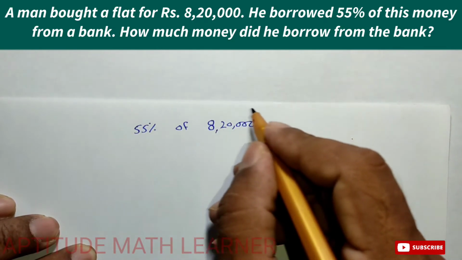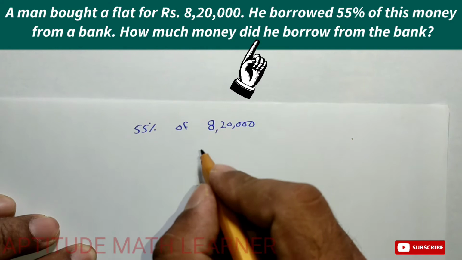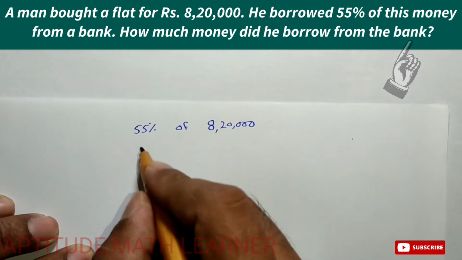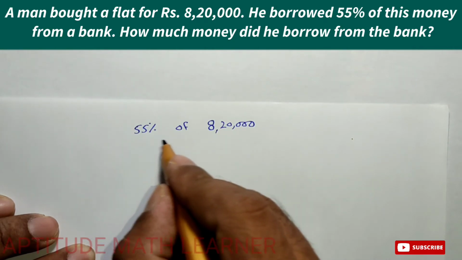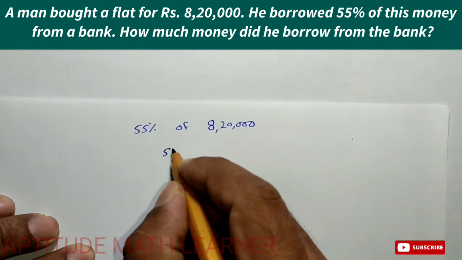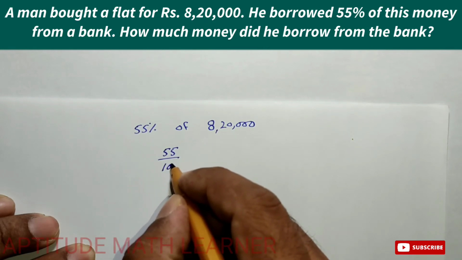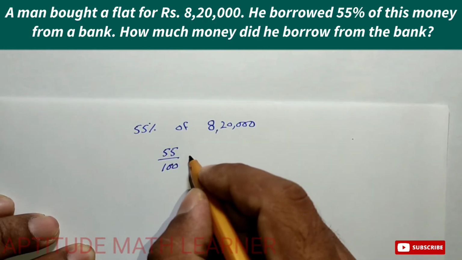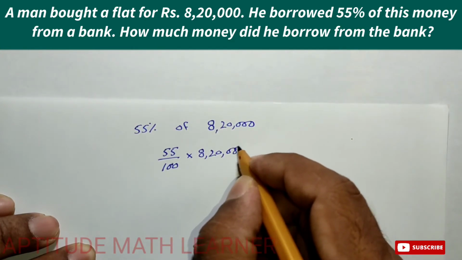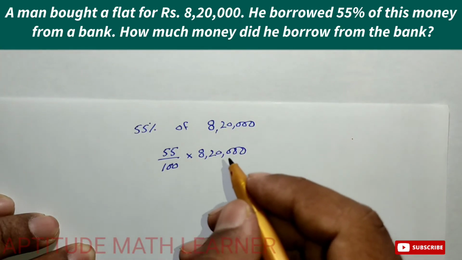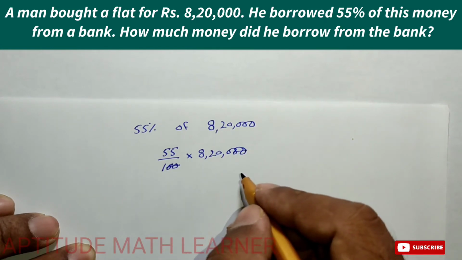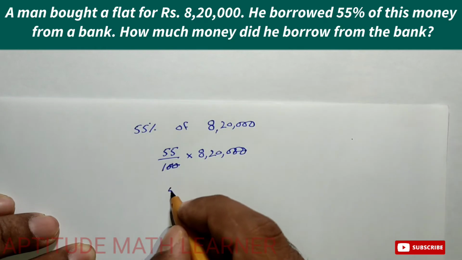8,20,000. And from this total amount, how much percent of this amount is the amount borrowed from the bank? That is 55%. So we have to find out the 55% of this total amount. So for this, we take 55% and write it like this: 55% of the total amount, 8,20,000. After the calculation, here the 0 0 we cancel out, and after full calculation we get that is